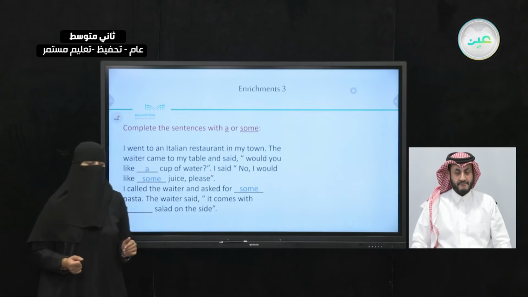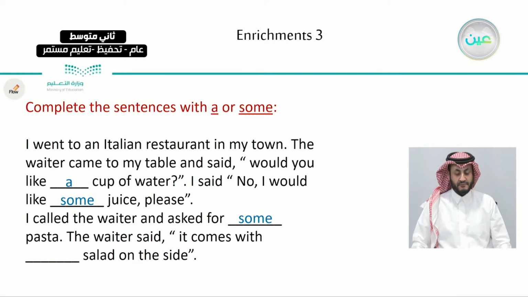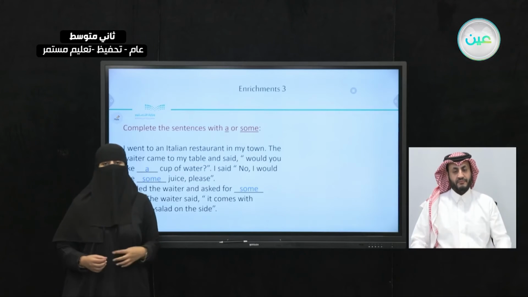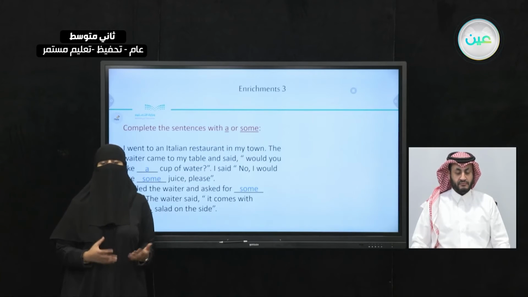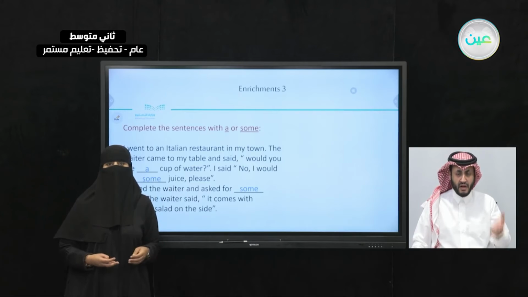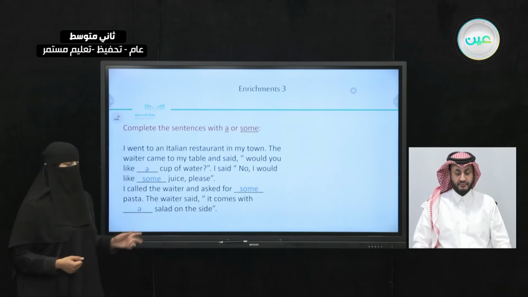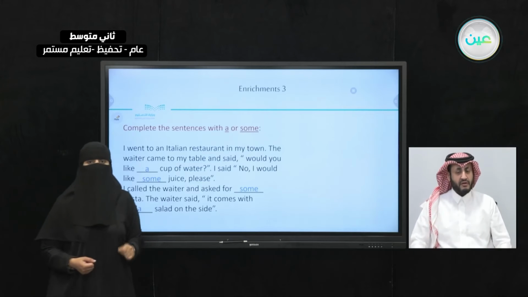It's a non-count noun. The waiter said, it comes with salad on the side. So for the word salad, what are we going to use? It comes with a salad on the side. A salad on the side. Actually, the word salad can be both a count or a non-count noun. Do you remember in the lesson before in Unit 4 when we talked about the menu? So the word salad, it could be a count or a non-count noun. So here, if you're using a salad, it's correct. Some salad, it's also correct.